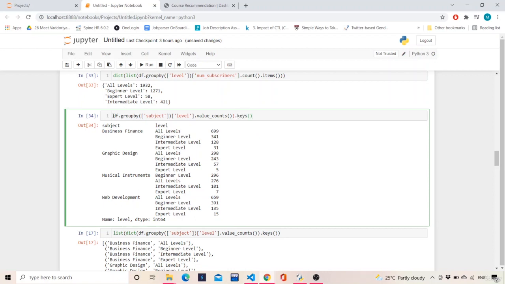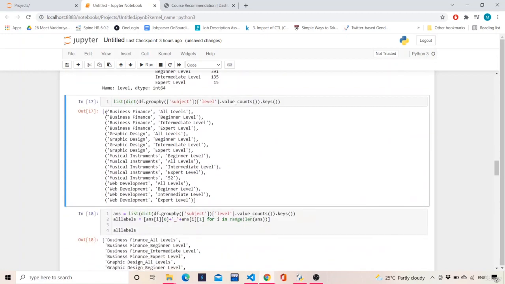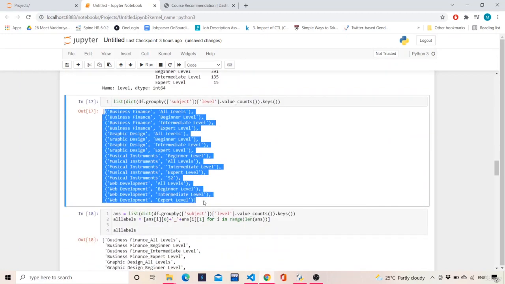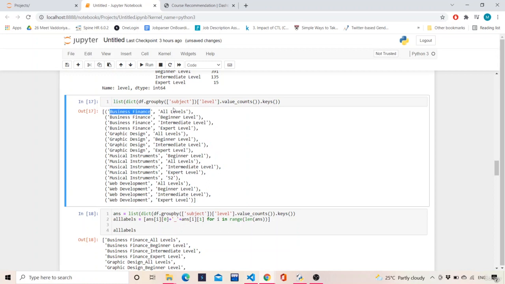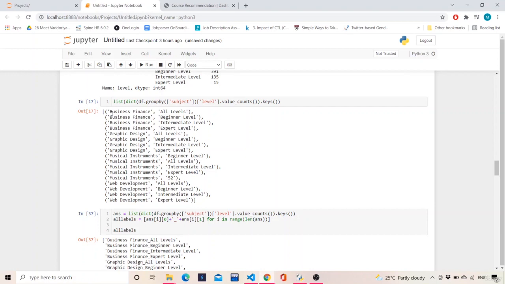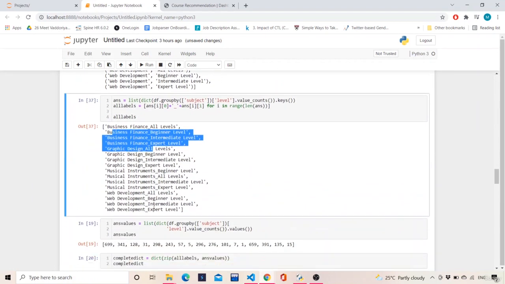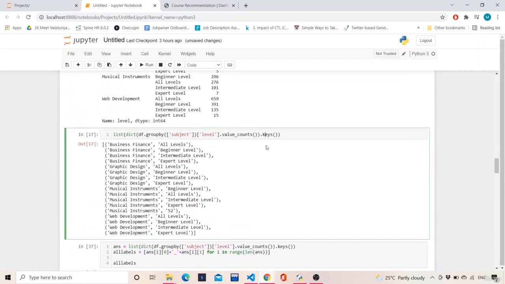So the first thing is the /dashboard, which is nothing but our route over here. We can see we have this route as /dashboard, right? And the methods to that route are GET and POST, and we define a function under this route that is nothing but dashboard. We read the data because we want the data frame first. As I discussed in the previous video, the read data function will read the data file, and then this get value counts function, defined in this dashboard.py file, will basically return the value counts of